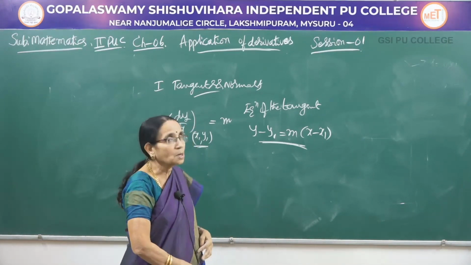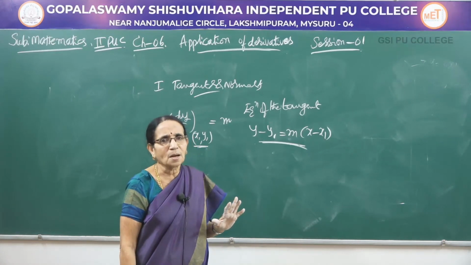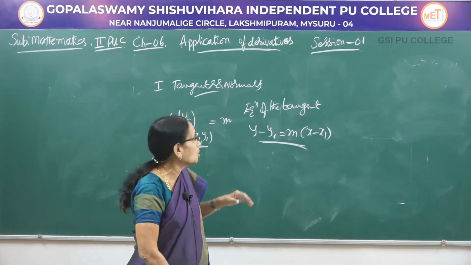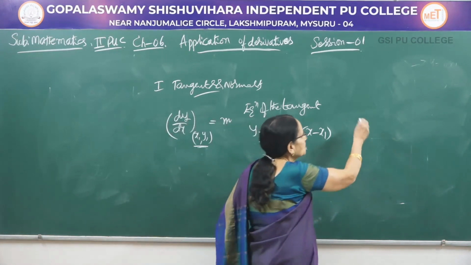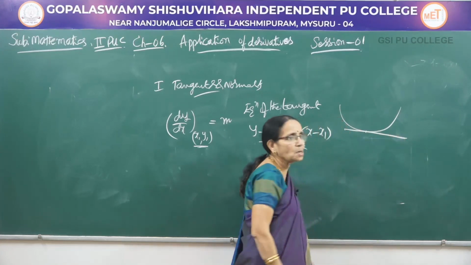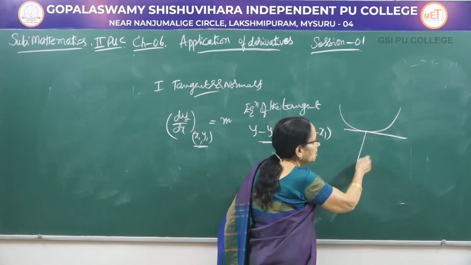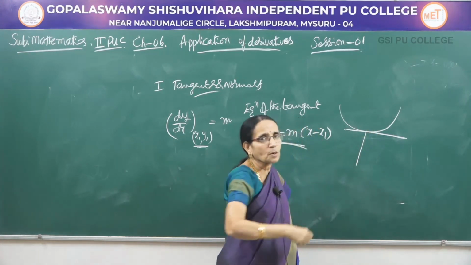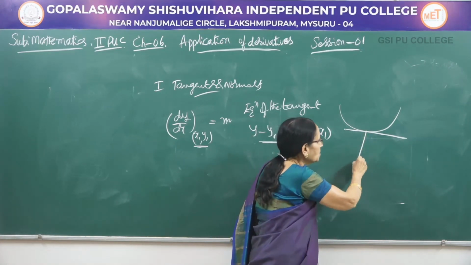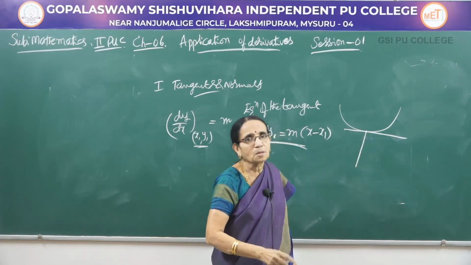Now, next comes the normal. What do you mean by normal? Generally we say a perpendicular. Draw a normal, we say, sometimes we use that one. Now, when you are discussing a curve, suppose this is the curve I am having, at this point a tangent has been drawn. At the same point of contact, you can draw infinite number of perpendiculars to this line, the tangent. This line where we have drawn the perpendicular at the point of contact, we call it the normal.